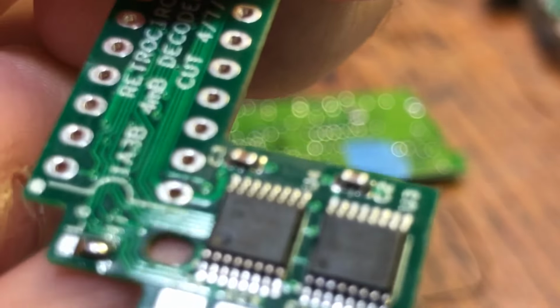So anyways, what this will allow us to do is make this cartridge either a 4 megabyte high map or low map. And then we'll program it with my programmer that I've showcased on previous videos. But this is the adapter. So also what we're going to want to do is, for example, I'm using my mask ROM adapter,